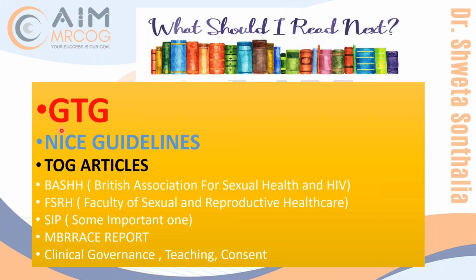So making NICE guideline summaries is the most challenging job. Believe me, rather than GTG. At least in GTG they have something bold black so you understand this is important. In NICE they just give you a uniform pattern of words and nothing highlighted, nothing importantly given. So NICE is really difficult, but some NICE guidelines are the only source and you have to read them, like hypertension, diabetes, infertility, urogynecology. These are the main source and you cannot ignore them. So definitely NICE is important. So you have to read it.